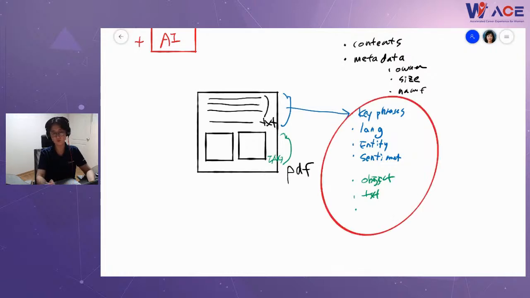This is what we can do with AI features. We call it AI enrichment. So which service do you think can do it in the Azure platform? We already talked about it, right? It can be done by Azure Cognitive Services.